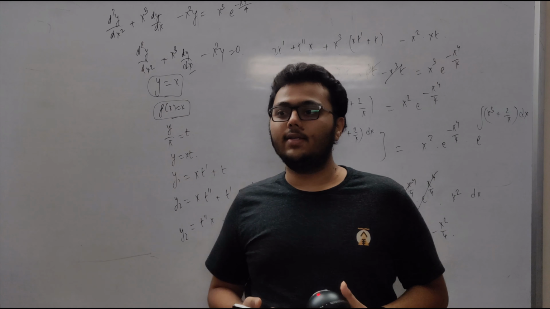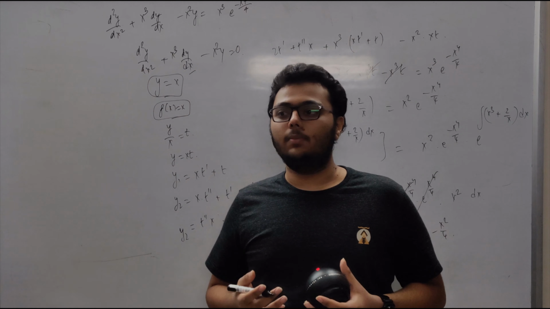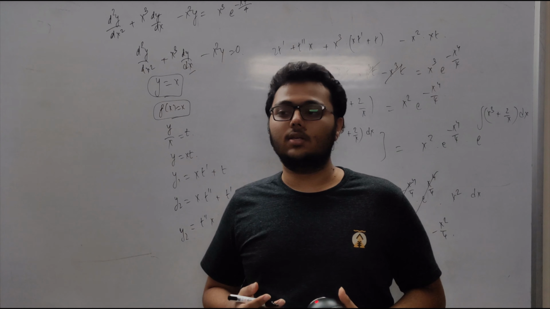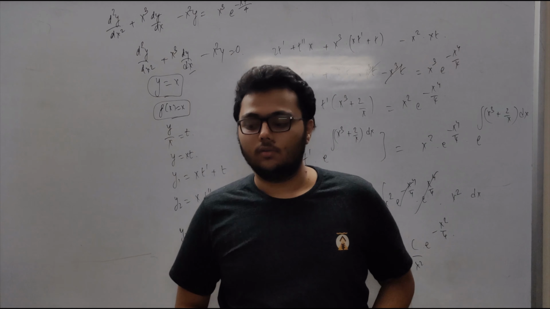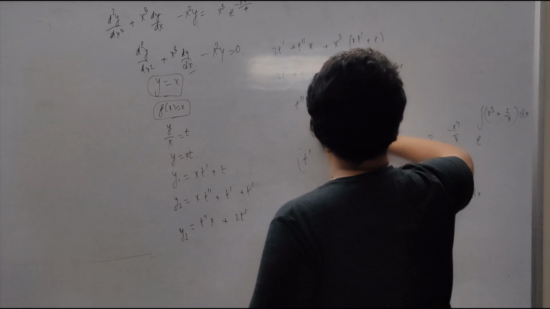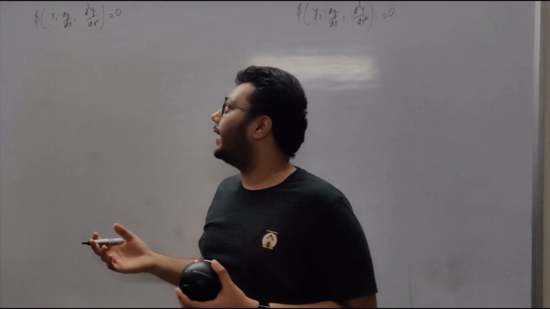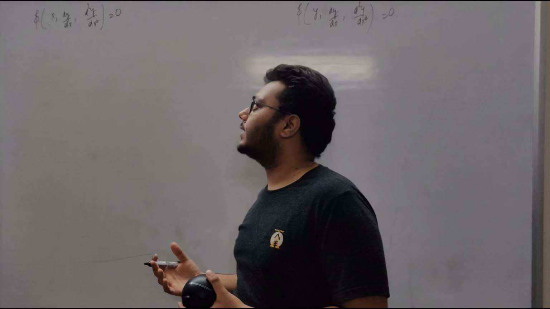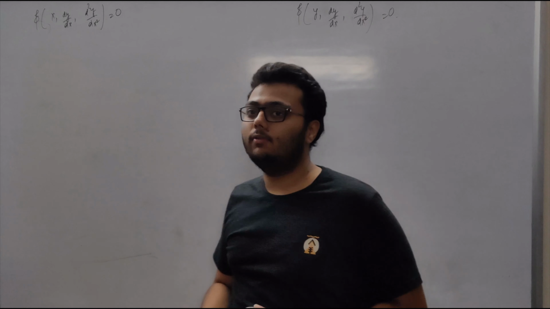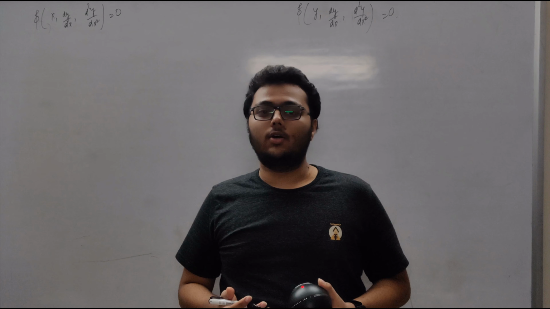But again, the second order linear differential equation is not the equation that you will come up with most of the times. Most of the equations you will come up with are what I'm going to show you now. A function of x, dy by dx and d2y by dx square is equal to 0, and a function of y, dy by dx and d2y by dx square is equal to 0. These are the two types of functions that you are going to come across most often.